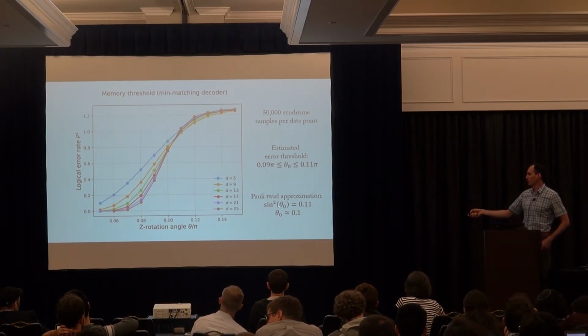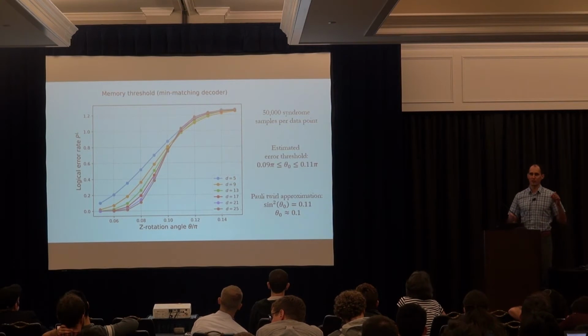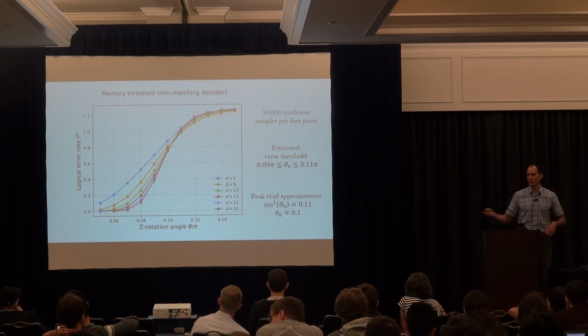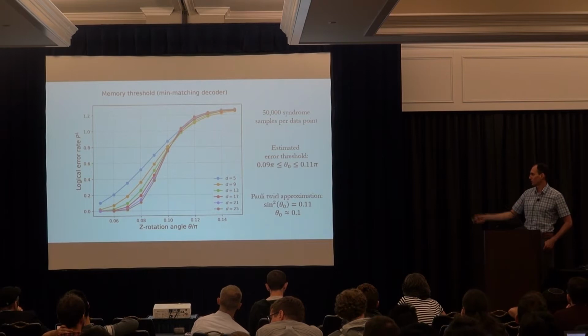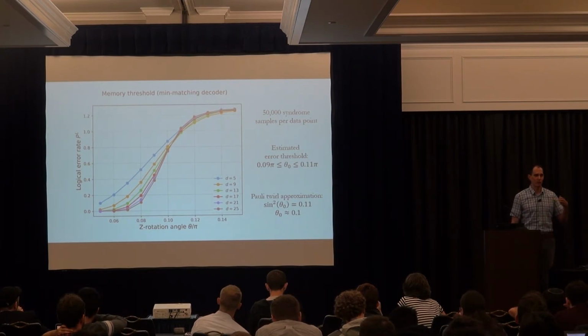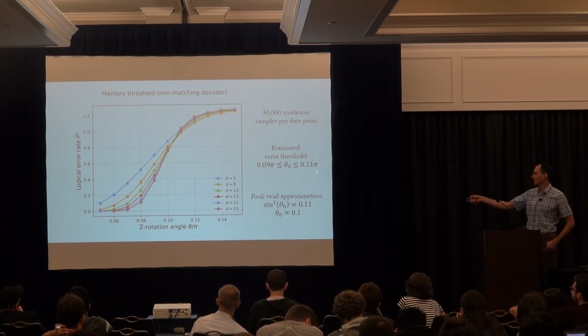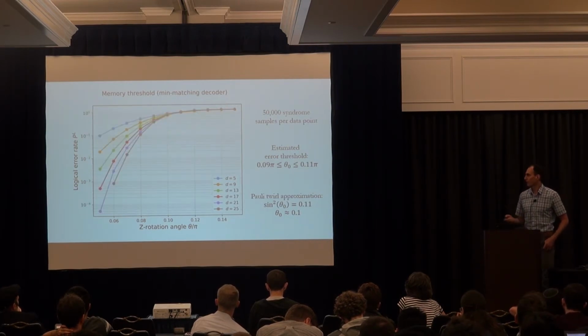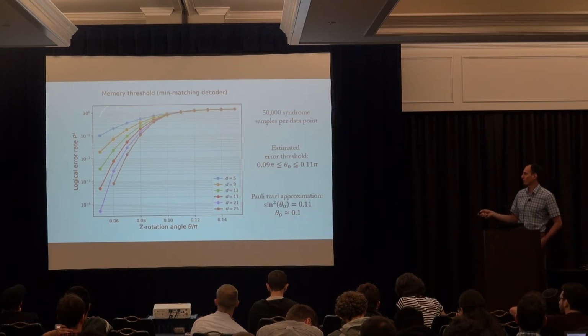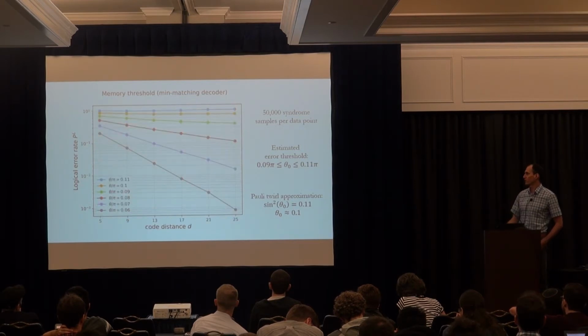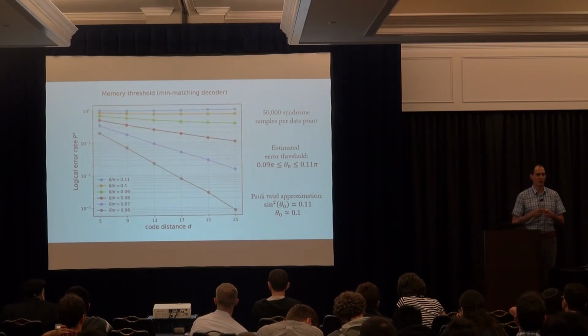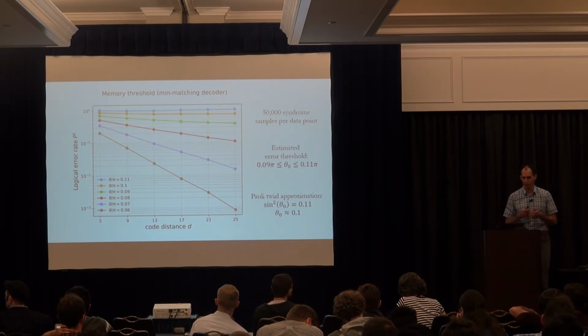If you twirl a Z rotation with angle theta, you get random Z errors with rate equal to sine squared theta. And we know that for random Z errors, the surface code has an error threshold of roughly 11%. This agrees with the value that I showed here. Now, these are the same data shown using log scale. In the region below the threshold, we have exponential decay of logical error rate as we increase the code distance.